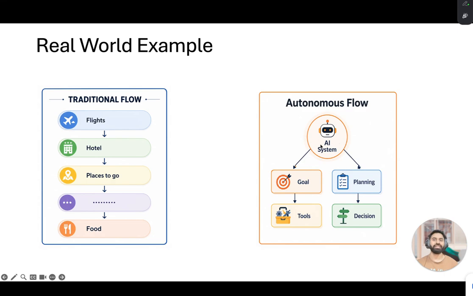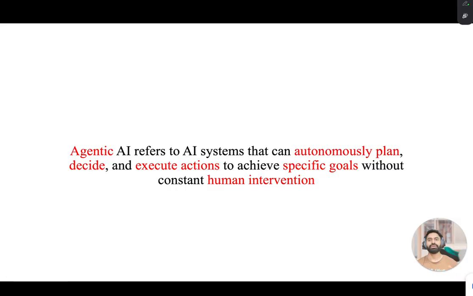Right? So agentic AI basically refers to an AI system that can plan things for you, make decisions, and execute them end to end, all based on the goals and requirements that you have provided. And the key thing to note is that I am not saying that no human involvement will be there. There will still be a human in the loop to review the final outcome, but human intervention is not required continuously, and it is lesser than earlier. So this is what an agentic AI system is.